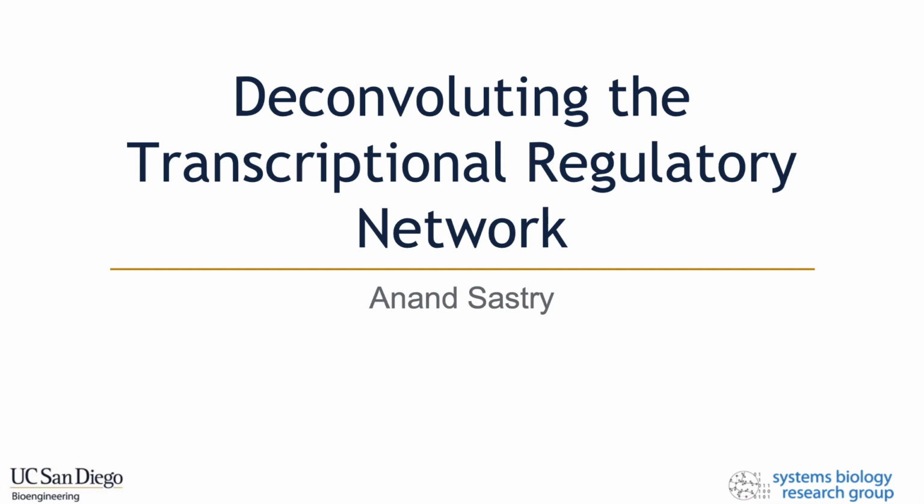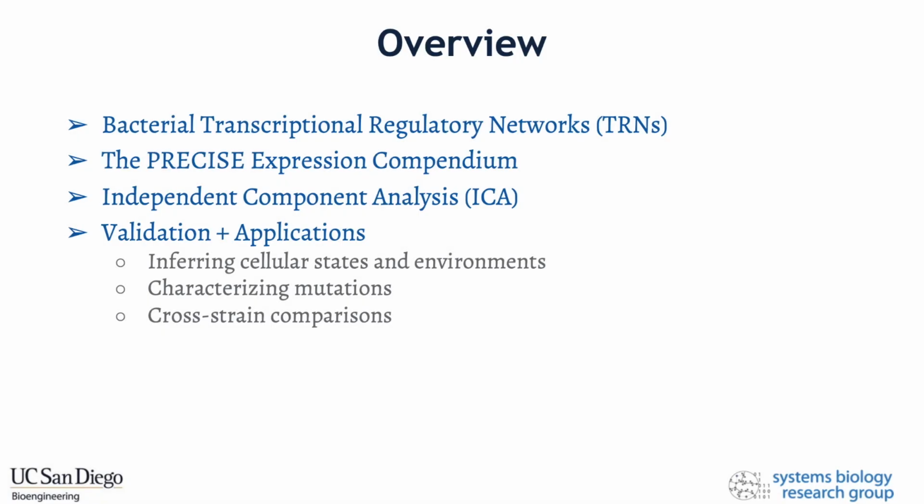Today I will be discussing a new method for deconvoluting transcriptional regulatory networks from expression data, specifically in bacteria. I'll start with a brief overview of transcriptional regulatory networks, or TRNs, in bacteria, and then I'll introduce the expression compendium we compiled to probe E. coli's TRN. I'll then introduce independent component analysis, or ICA, which is the machine learning method that enables detailed characterization